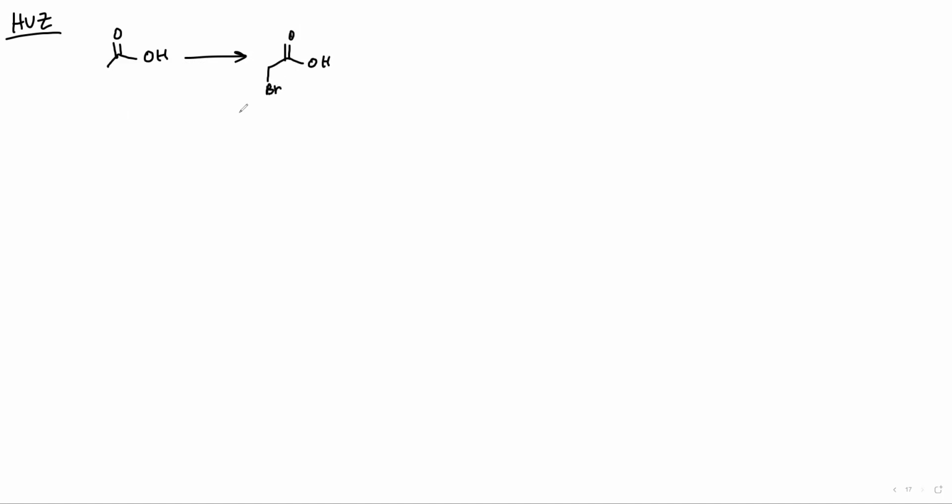Okay, and so you might be thinking, wait a minute, we've kind of seen this before, right? When we had a ketone or an aldehyde and we needed to do a bromination, especially a monobromination like this one, what did we do? We just added in Br2 and H3O plus, right? Now, to understand why we can't just do this process, because actually what this is going to be is phosphorus and Br2,